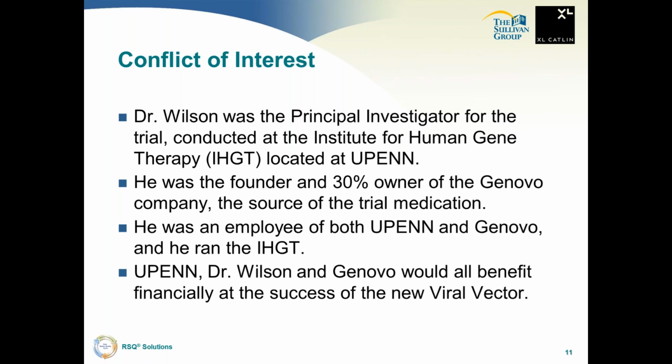An obvious conflict of interest. He was an employee of UPenn. He was an employee of Genovo. Certainly the appearance of a conflict, and he ran the institute. And Genovo gave millions of dollars to the institute. And so, the web of conflict here is rather dramatic, and so a good example,